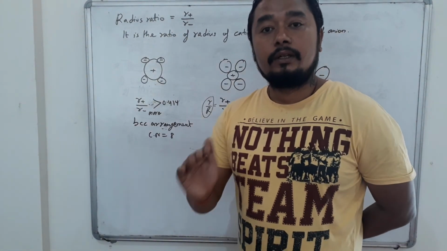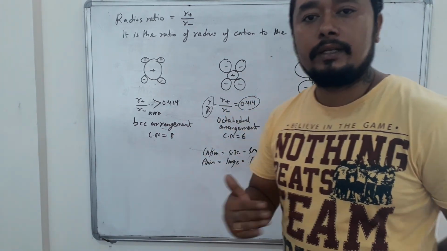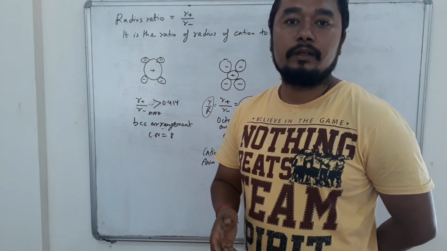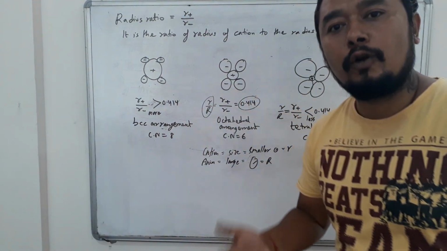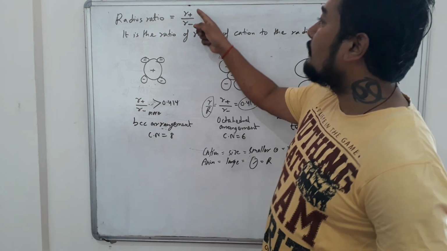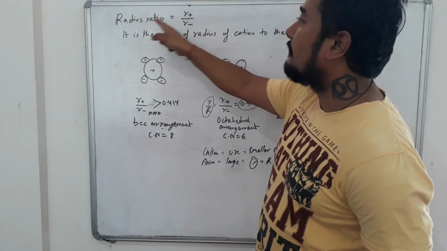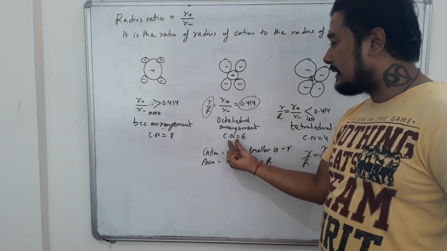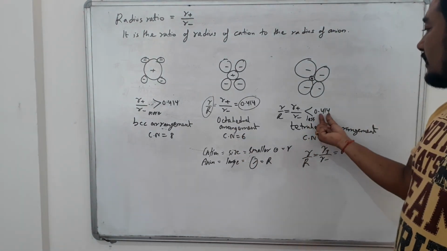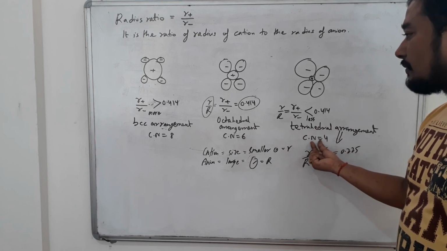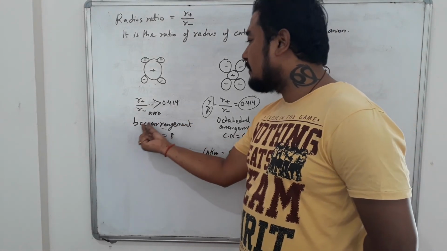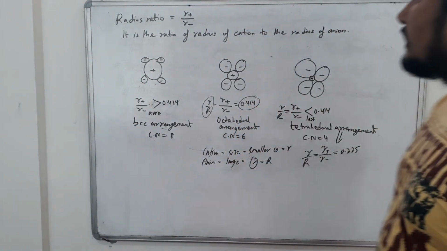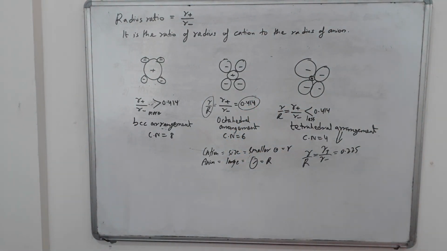So how will the question come? Listen carefully. The radius of cation is so and so, and the radius of anion is so and so. Identify the type of arrangement we find in the crystal and state the coordination number. First we put the value of radius of cation and anion here and find the value of radius ratio. If it comes exactly this, say octahedral arrangement, coordination number 6. If it comes less than this, say tetrahedral arrangement, coordination number 4. If it comes more than this, say BCC arrangement and coordination number will be 8. If you want, you can take a screenshot of this and remember this relation.